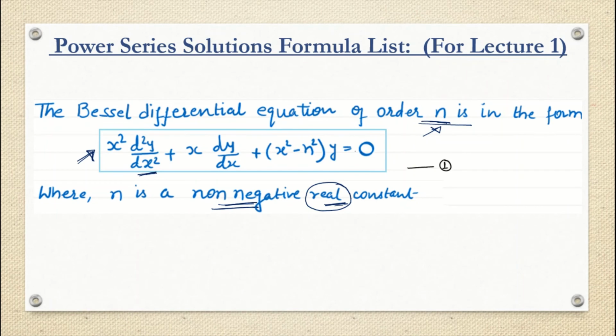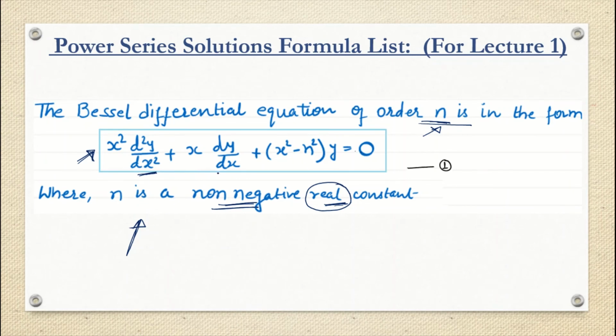So the very first thing, if it is coming in your exam, which is very, very important: you need to memorize the Bessel differential equation form, like you have memorized the standard form of the Cauchy differential equation and the general form of Legendre's differential equation. Similarly, we need to know the Bessel differential equation form. This is the Bessel differential equation of nth order, something which we have to memorize. So this is equation number 1.